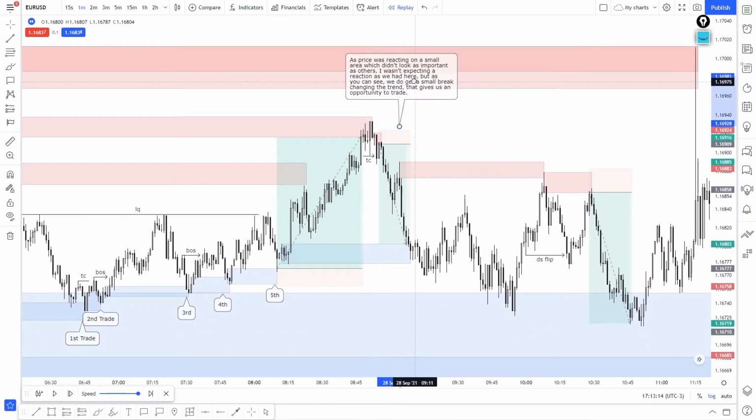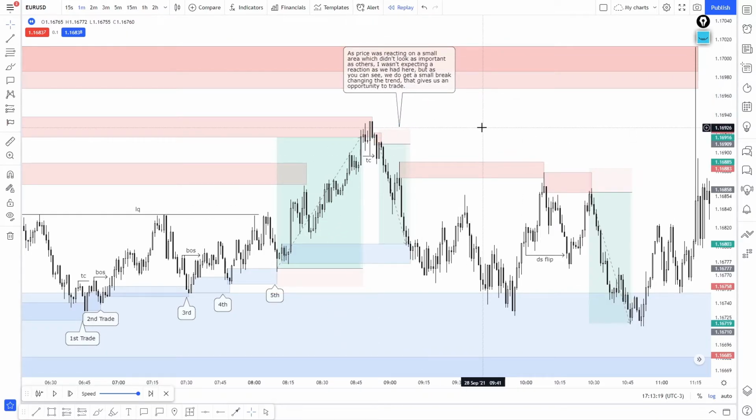So this trade here, at that point, as I said, I was not trading anymore, but I did decide to, of course, continue to analyze price action as it was happening, and just see what I could have traded, what I could have missed out on, and where I could have taken a loss or not, right? So, yeah,